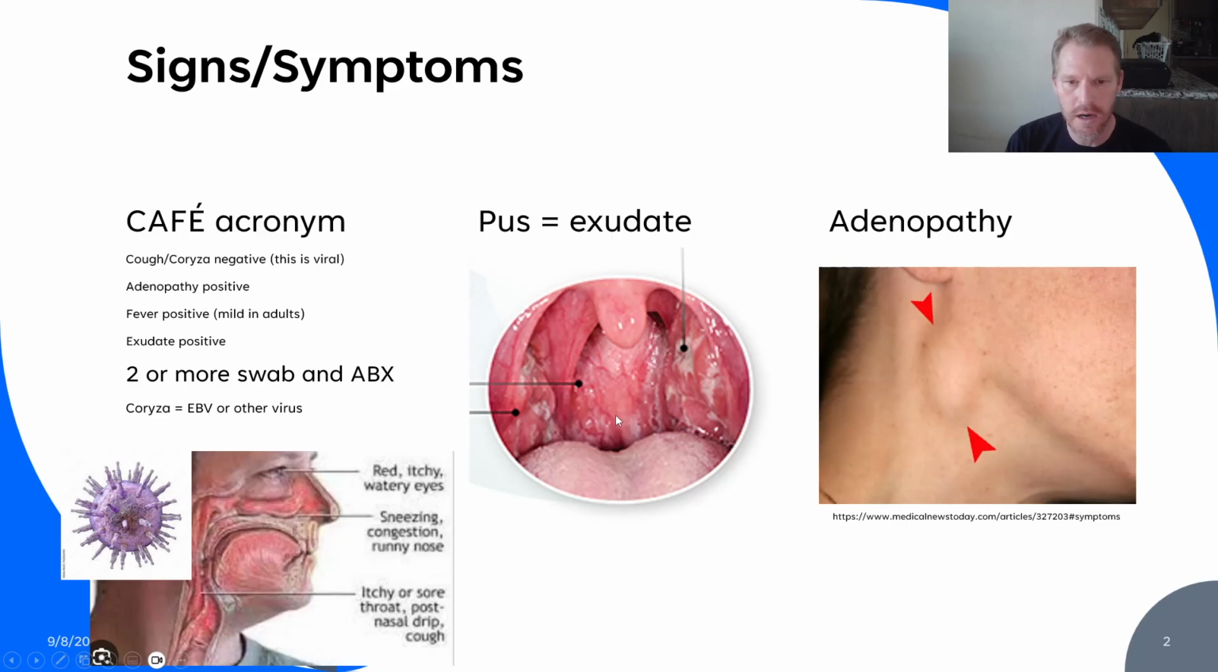So if you look here in the center, we see some pattern of exudate on both tonsils, some erythema, very red, and this is probably very sore, trouble swallowing. The adenopathy part, you may not have that present on your patients, but as part of the exam, you always want to look at the cervical nodes here. Kind of feeds the back of the mouth and throat, and a lot of times they do get swollen and tender acutely. So essentially, if you can remember the CAFE acronym, that cough, negative, adenopathy positive, fever positive, exudate positive,